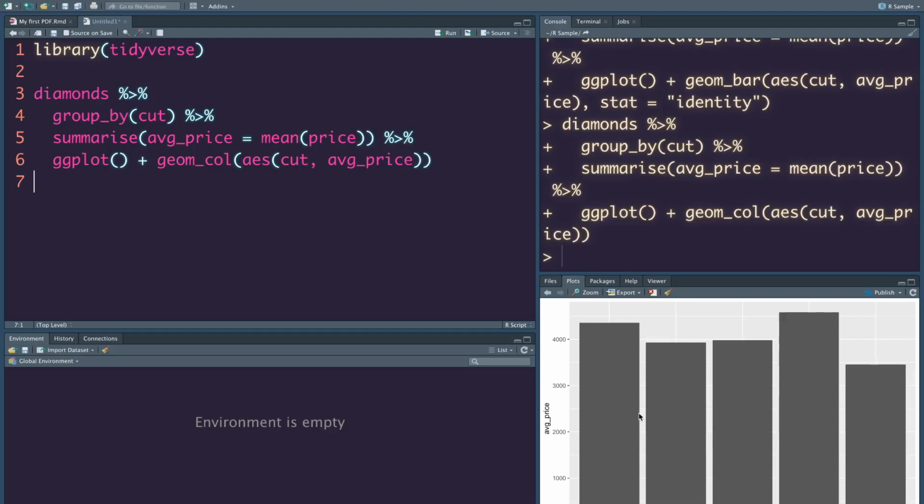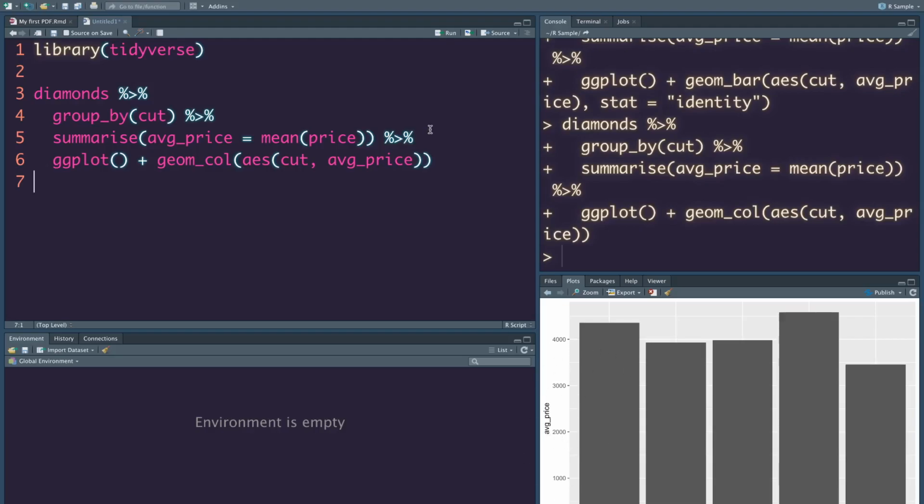Given that, now you can see that these bars are not sorted, and this is how you see a lot of plots, especially in R, when built with ggplot, because people either don't take the pain of sorting it, or most of the time they don't know how to sort it and have to Google it. The thing you have to understand is that the x-axis labels are factors when you plot in ggplot. So you have to order the levels of these factors with respect to the average price value, and that's what we are going to do.